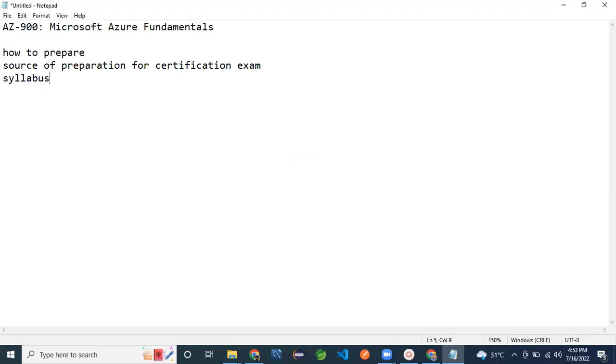Syllabus. Next, weightage as per syllabus.